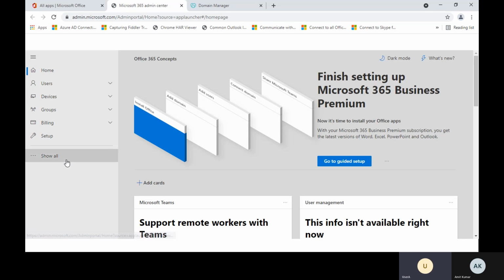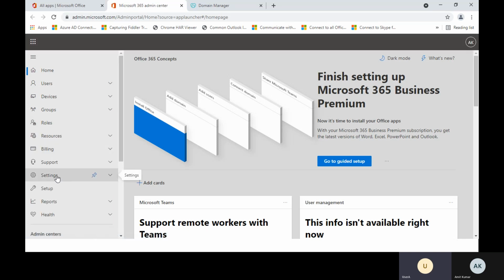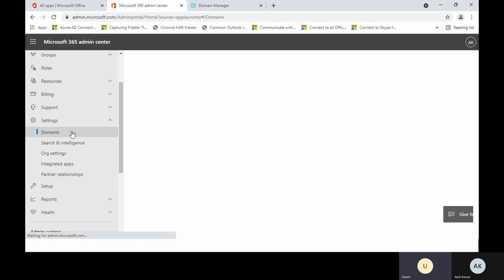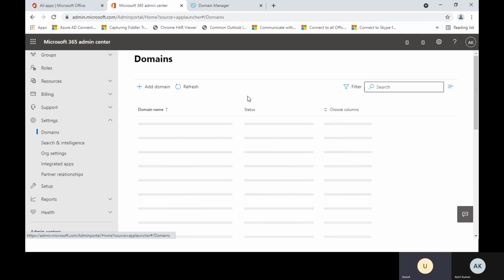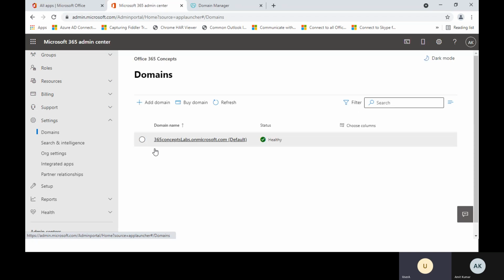Now, if I switch back to my Office 365 admin center, in order to access your domain, you need to go to settings. Under settings, you need to go to your domains. Once you click on the domains tab, it will show you the list of all the domains which are available in your Office 365 tenant. As of now, I have only my initial domain. The initial domain is